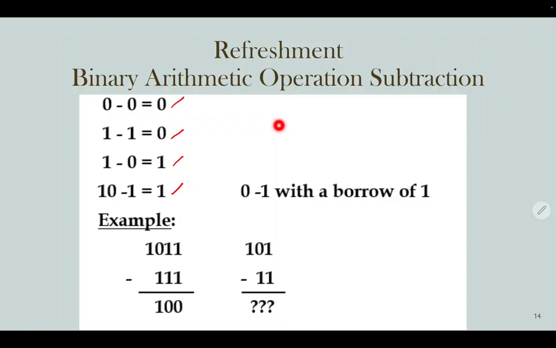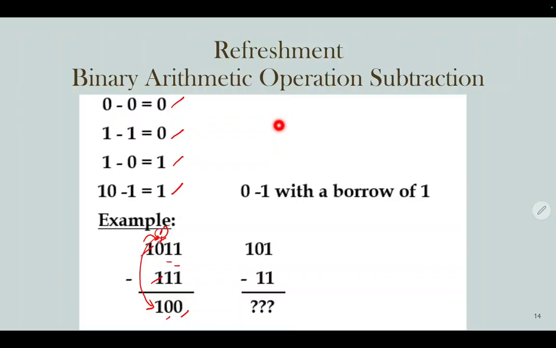Okay, let's take a look at an example. 1 minus 1 equals 0. 1 minus 1 equals 0. 0 minus 1, you have to borrow 1 here. When it comes to this one, you have to do like 1, 1 here. So 1 minus 1 equals 0. 1 here, going down here.